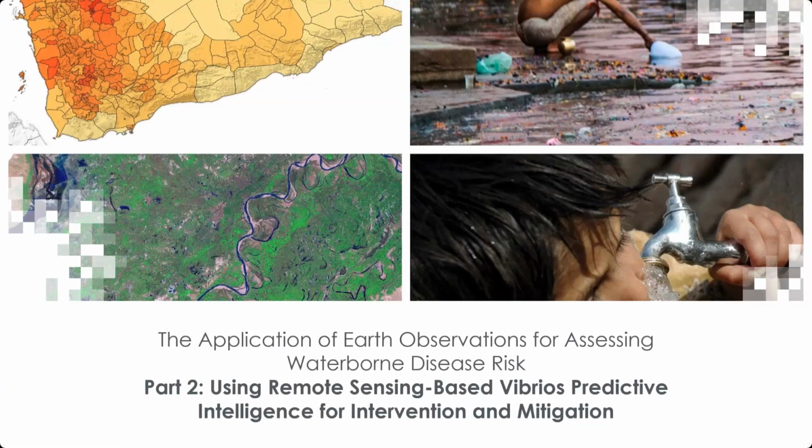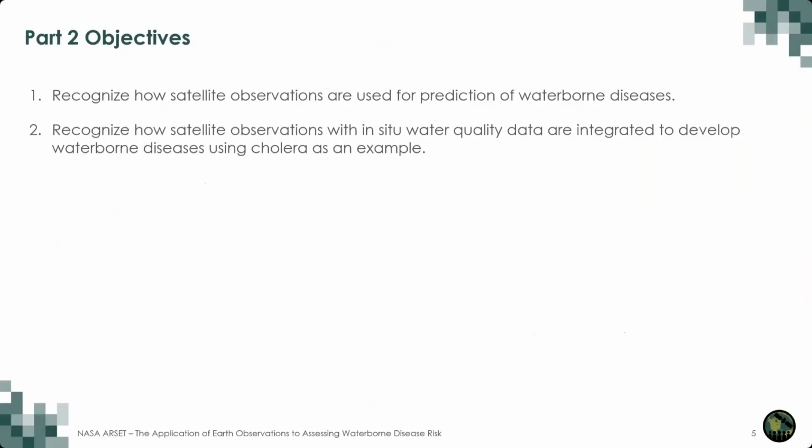I'm going to start this training with a brief overview of how Earth observations can be used to determine the risk of waterborne diseases. And we will focus on the use of these Earth observation technologies to understand when, where, and how different waterborne pathogens are likely going to emerge, and then how we can predict those pathogens and their interactions with human population. The two objectives of this training are to recognize how satellite observations are used to predict